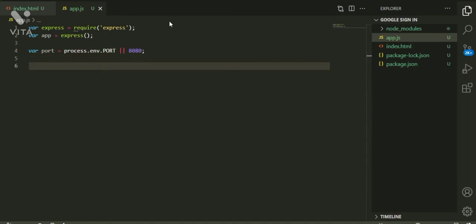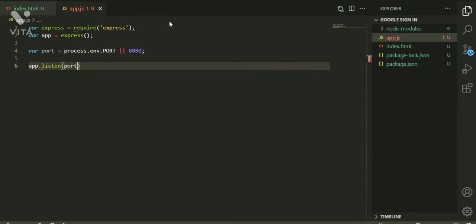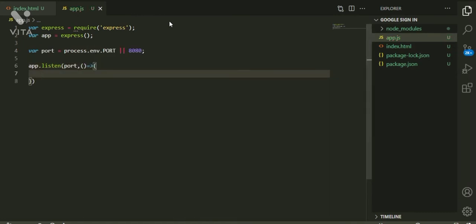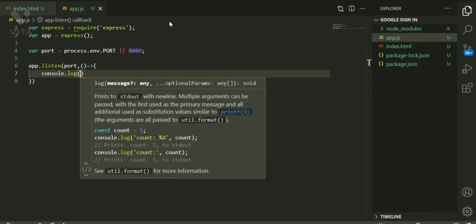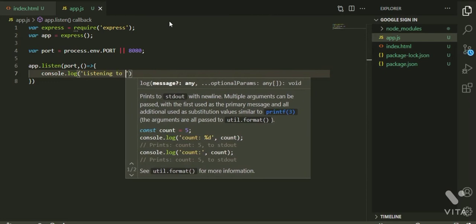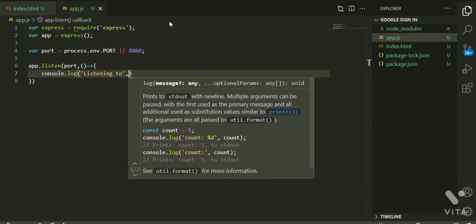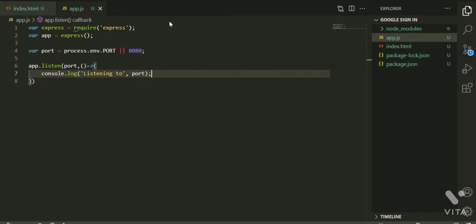Then let us say app.listen port, and we'll print which port the server is running on by using a callback function. console.log listening to, comma, port. Now let us run this using Node.